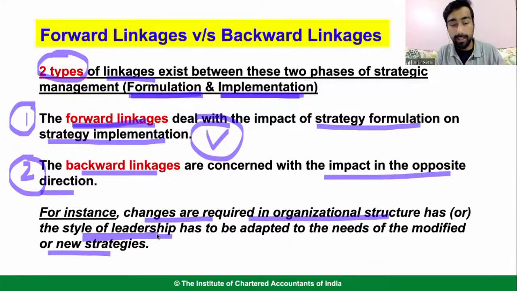You start doing it and you find out, boss, accountancy में 4 घंटे लग गए, SM पढ़ने में 3 घंटे लग गए, 2 घंटे तो सब, my all formulation is बर्बाद now. So that is a backward linkage. You go back and then you say, nahi,